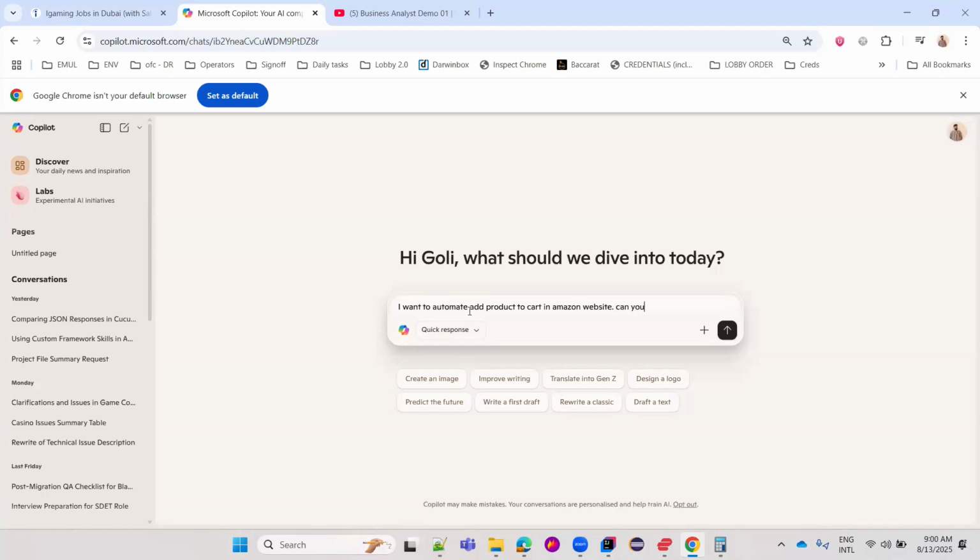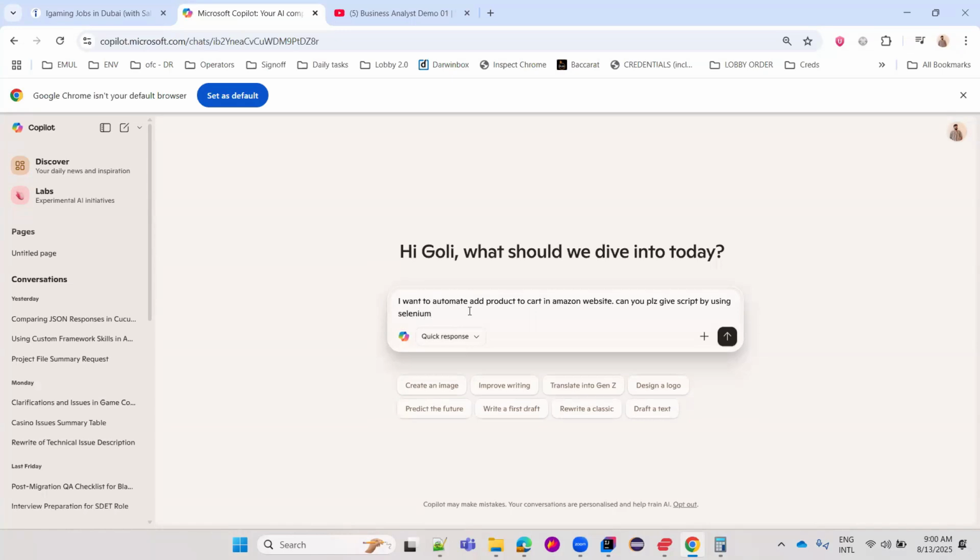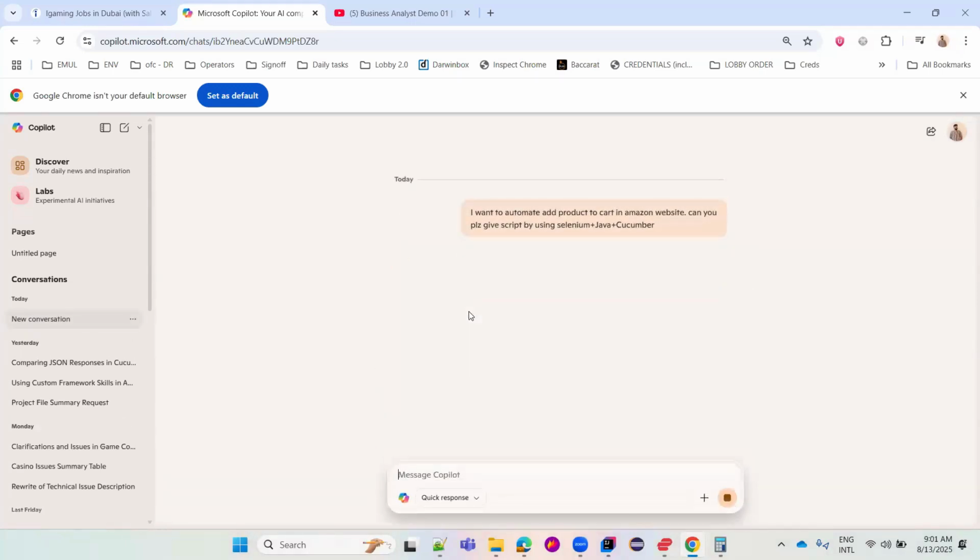Can you please give a script by using Selenium, Java, Cucumber. Selenium is the tool, Java is the programming language, Cucumber is the framework.